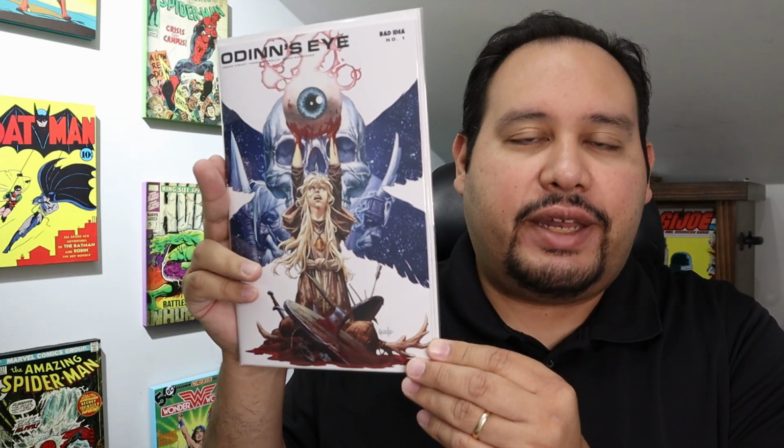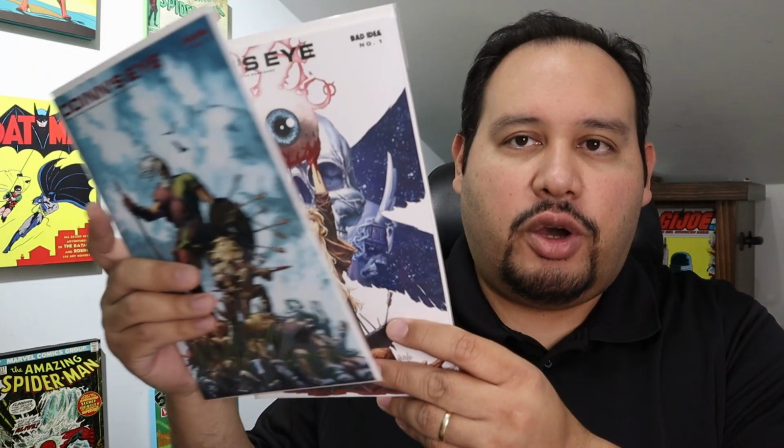Those three were all personal collection things that I'm looking forward to enjoying. So the rest of the items that I picked up were from local pull boxes at 2 of my local comic shops, and then some sale items that I came across just out on the hunt. Now, my primary local comic shop I had not been to for a couple weeks, so I had waiting for me Odin's Eye #1 from Bad Idea Productions, and then Odin's Eye #2 from Bad Idea Productions